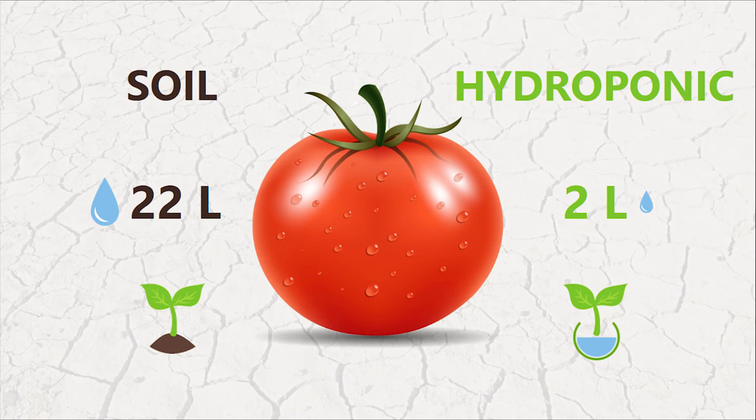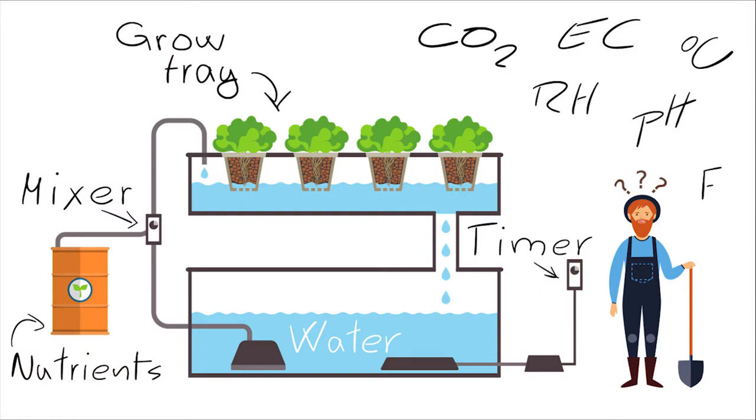22 liters of water. Compared to the hydroponic way of growing tomatoes, which our system uses, it requires just 2 liters of water to grow the same amount. The hydroponic system could schematically look like this or like that, but it definitely requires expert knowledge to run the system, because you have to control a lot of aspects, like pH of the water, electric conductivity of the water, temperatures,